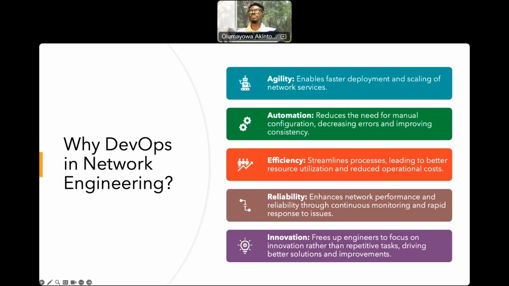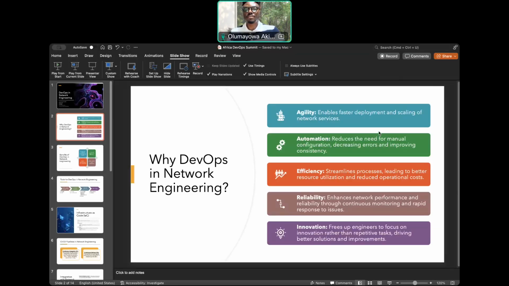So it starts with why DevOps in network engineering. What are the reasons why we do DevOps in network engineering?